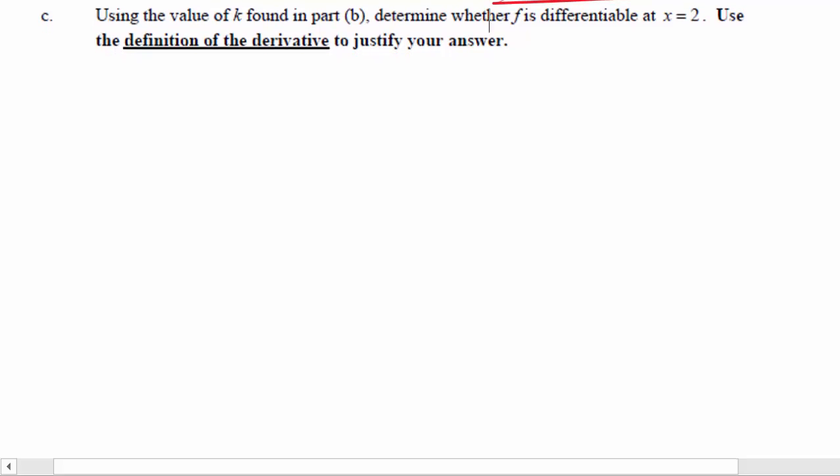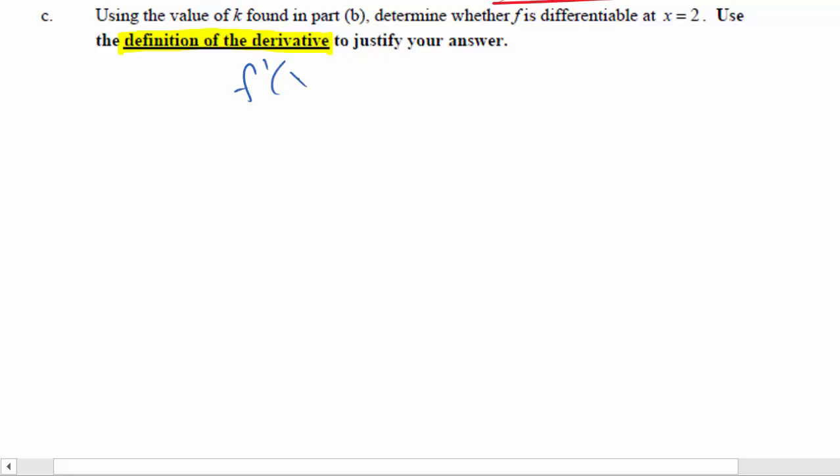For part C, this part's a little bit more difficult because it says, using the value of k found in part B, determine whether f is differentiable at x equals 2. Use the definition of the derivative. It's really important that you are using the definition of the derivative to justify your answer. In order to prove whether a function is differentiable, once we know it's continuous, it's just not allowed to have a sharp corner there. So that means we have to make sure the left side slope is equal to the right side slope. Because it says use the definition of derivative, we have to use the entire definition of derivative,